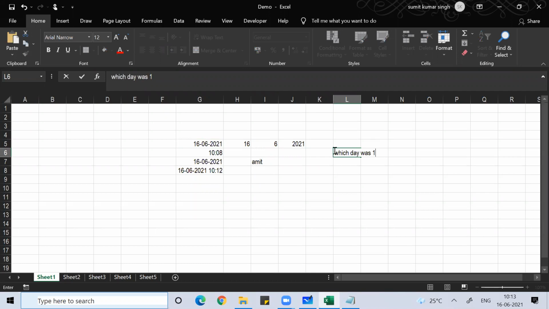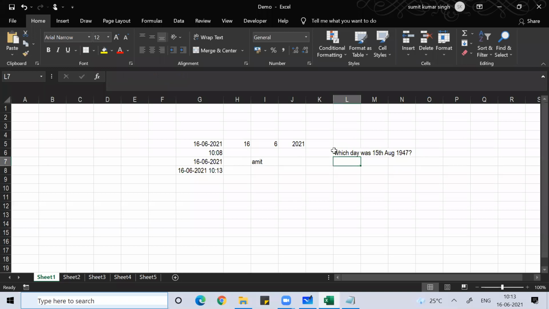Which day was 15th August 1947? How will I find this in Excel? Anyone? In MS Excel, what function can I write to find the day?